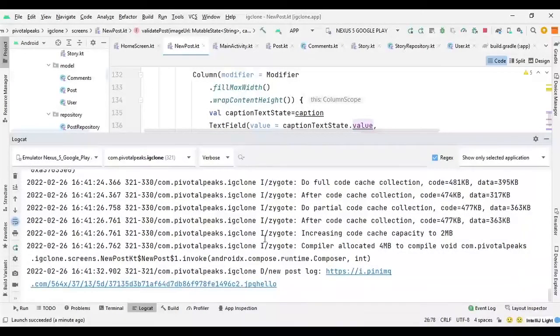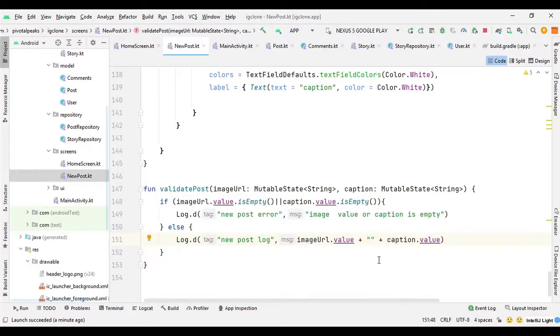So here we are able to get these two values and hello also, but the hello got attached to the image string, which is okay because we are just logging it to check whether we are getting all the data or not from the image URL. We can actually create a little bit of space here, so there will be space between this value and this value, but I think for now it's fine. So that's it for this section, and I will see you in the next one.